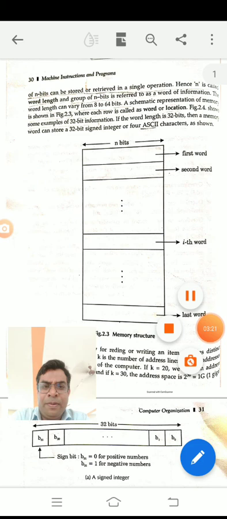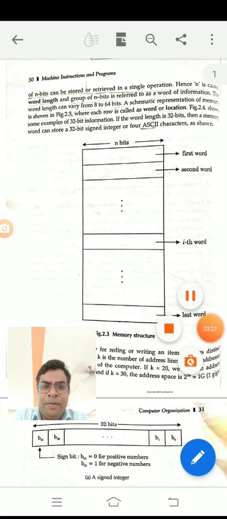And this is the diagram of the memory structure. This is important, how memory stores each bit. You have to store in the memory the first word, second word, up to the last word. And next is the 32-bit, the 4 characters, the 32-bit information, and signed numbers. Okay. And another very, very important topic here is memory addressability.